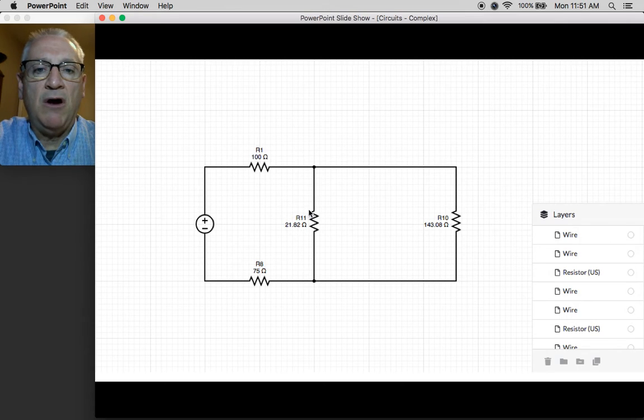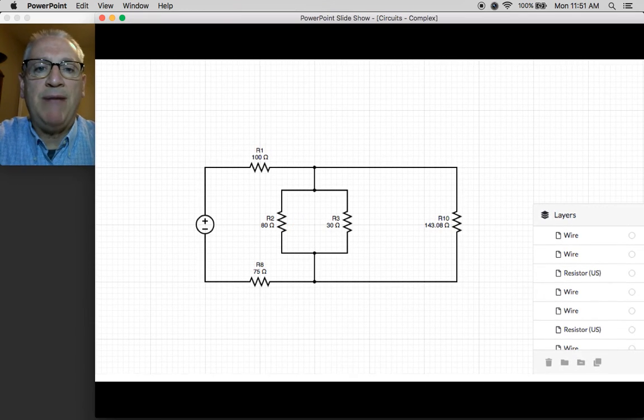But remember, R11 and R10 are intermediary resistors. So R11 can actually be put back into its original form. Since I know the voltage and the current that's coming down this wire, I can figure out the voltage drop here, the voltage drop here, which is the original voltage that sits across this, and then I can find the current. And when I can find the current and I know the voltage, I have the power that is consumed